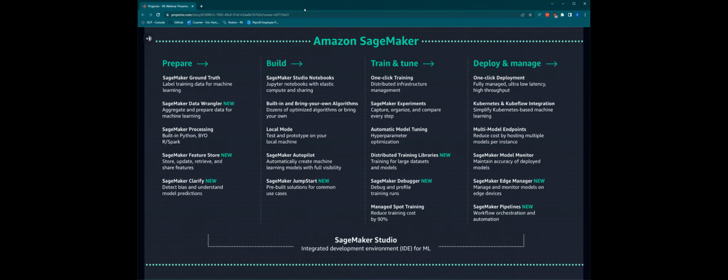Then you will have the train and tune. Again, you have access to different features that are always here to support you with the different aspects. So you can have distributed training. You can also find a way to organize experiments to check which hyperparameter set is the most relevant, and